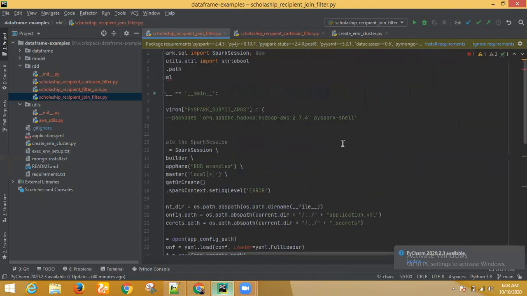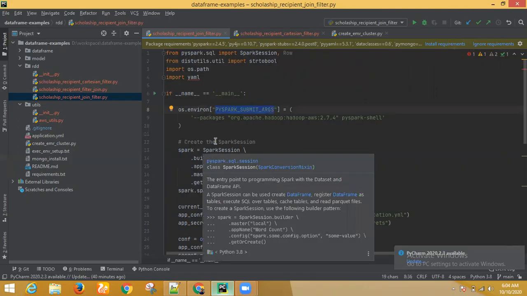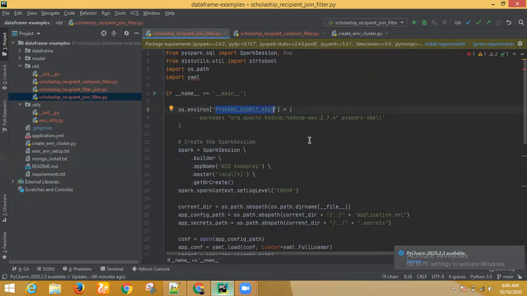As I mentioned, there are two different parts. You have to mention the library, either by directly adding it as an OS environment variable, that is PYSPARK_SUBMIT_ARGS. Here also you can add it, so that if you do all this setup on your local computer, you can right click and run this. It is a little challenging for different operating systems. Actually, I'm not spending time on it because for the AWS setup also I had to do it twice. Maybe I'll have to do it once again for another person who is facing issues.